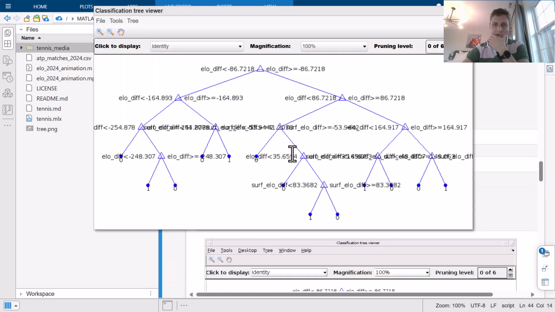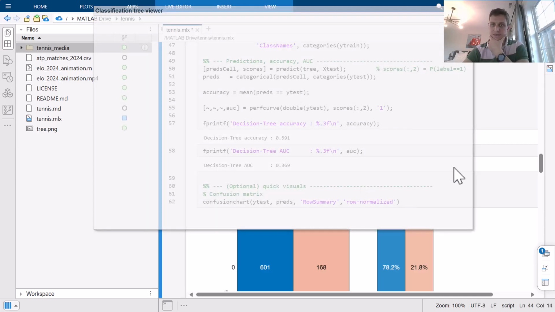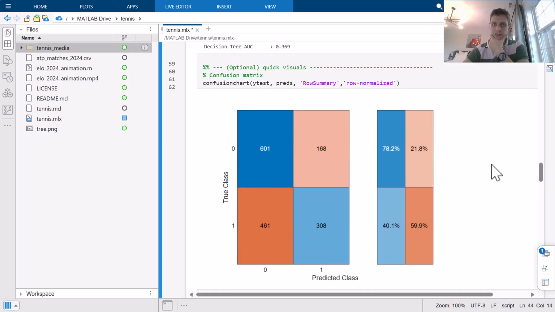59%. And it's giving me this view, which is kind of nice because it's clearly explaining to you the direction that every decision is taking, essentially, which is the reason for the name decision tree.